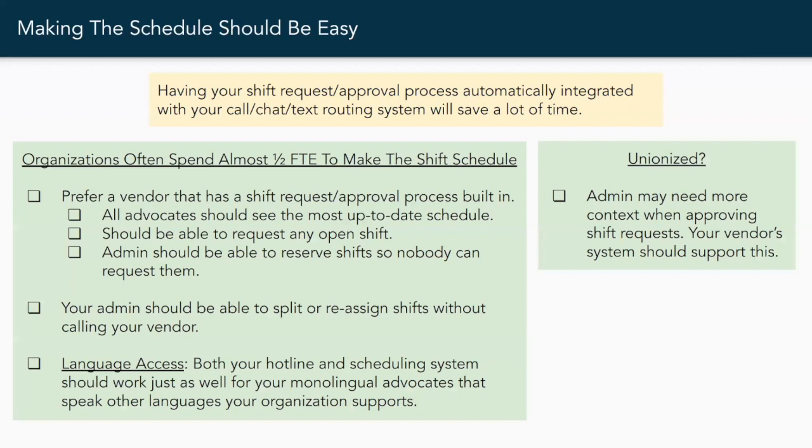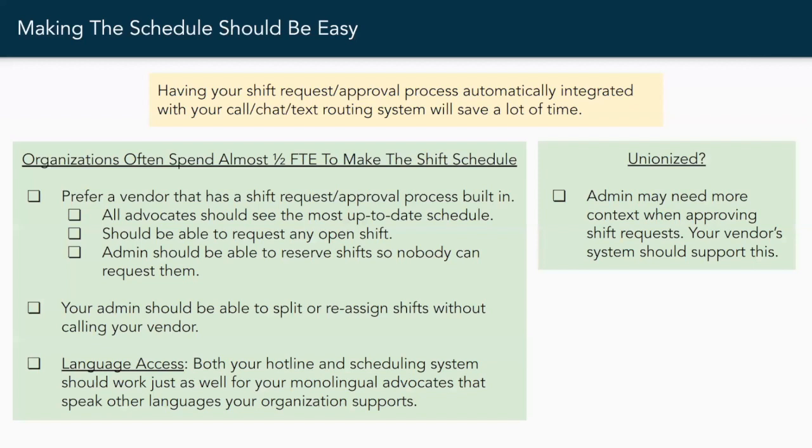So if your agency wants to support callers that speak only one language, or languages that aren't English, it can really help your agency if you're able to incorporate advocates who also speak that language and not English. This requires a lot of things to work seamlessly together. It requires your hotline, your scheduling system, and a bunch of other stuff to just work together in a bunch of different languages.